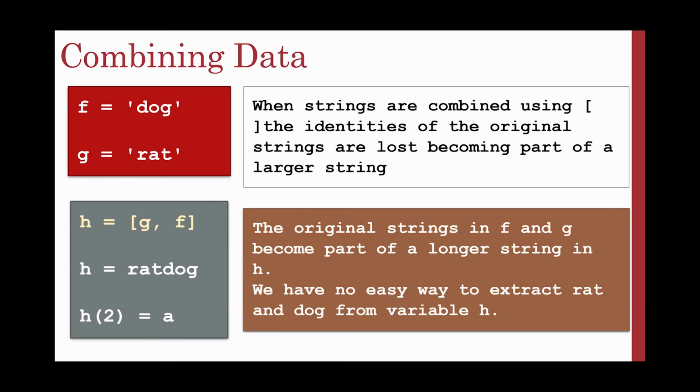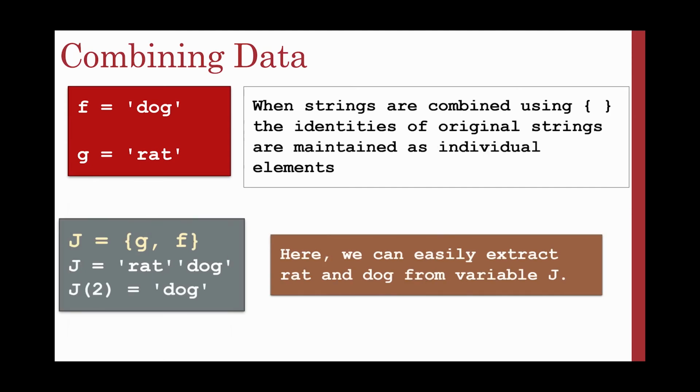Again, my original variables are lost, the original information is lost. We have no easy way to extract rat and dog from the variable h, because the variable h is now rat dog. Well, how do we fix that? Why do we care about that? Well, that's where